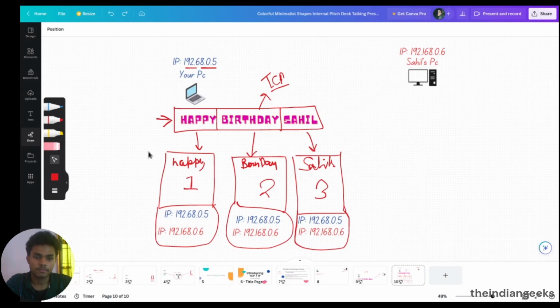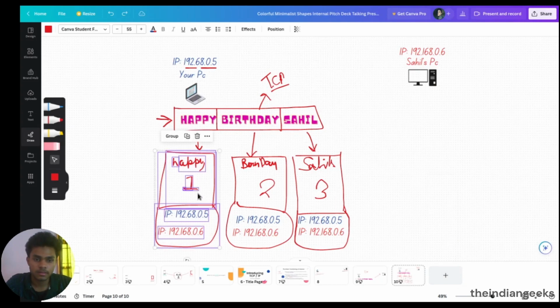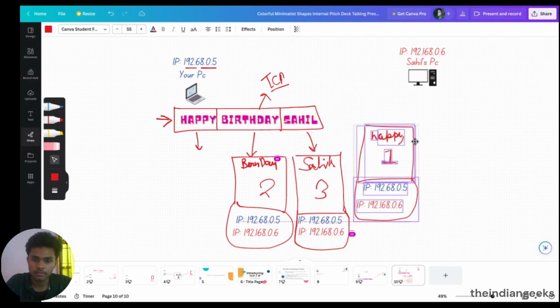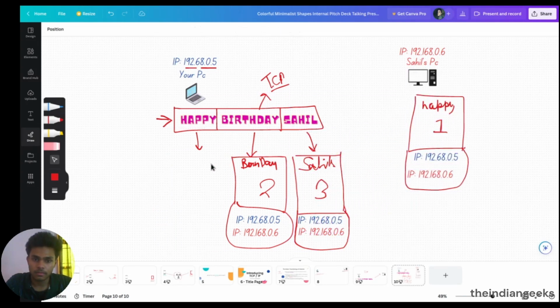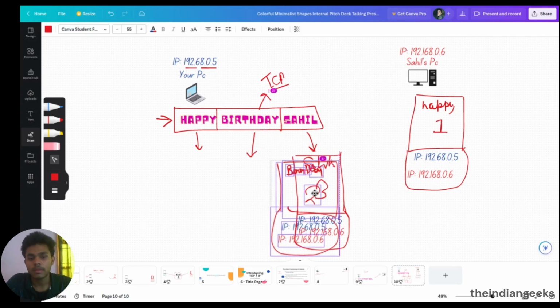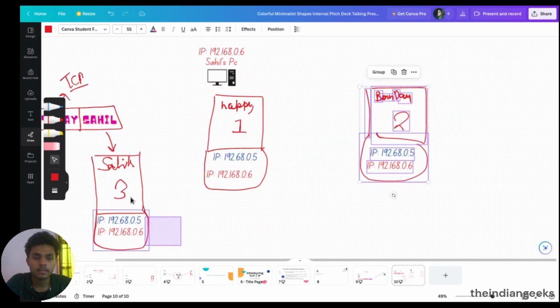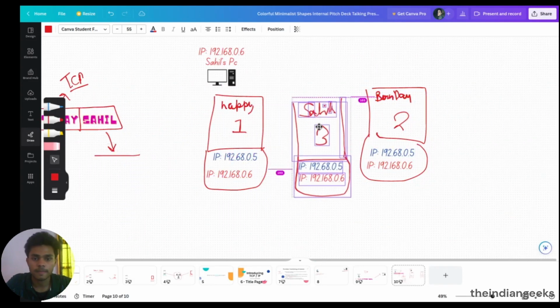Packet number 1 will get delivered first, followed by packet number 2, and then packet number 3.